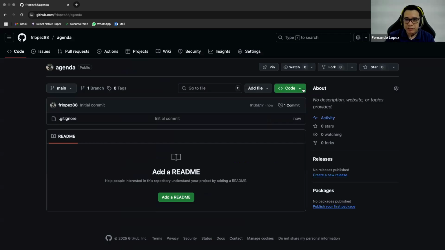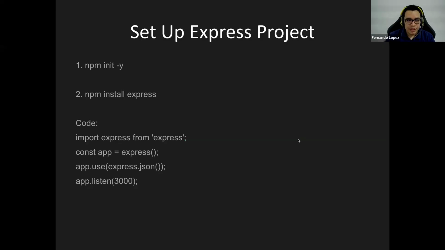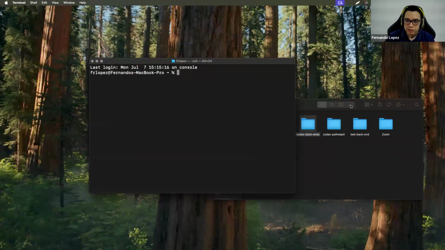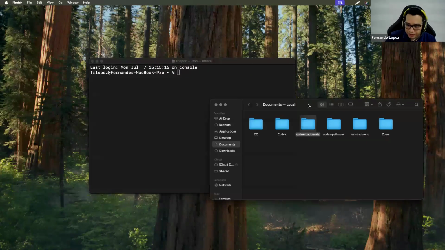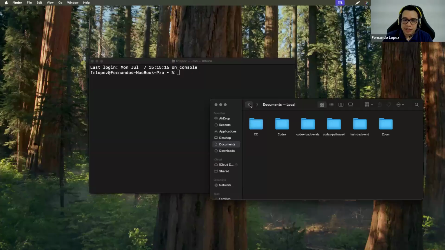Once you create the repository, you will copy the URL of the repo and we're going to open our terminal. Now, the way that I like to save my information in my computer is that in my documents, I created this folder that is called Codex backend. Here I have the hospital backend and I will be cloning this new repository.